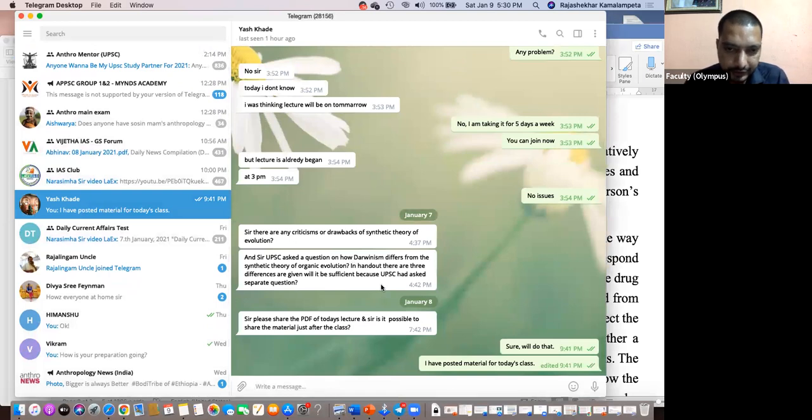In UPSC, a question was asked on how Darwinism differs from the synthetic theory of organic evolution. In the handout, 3 differences are given. Will that be sufficient, because it asks for a separate question? Yes, I think